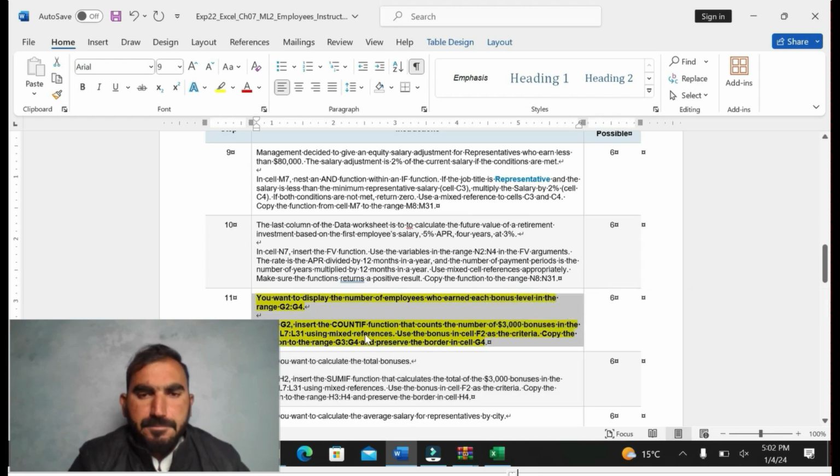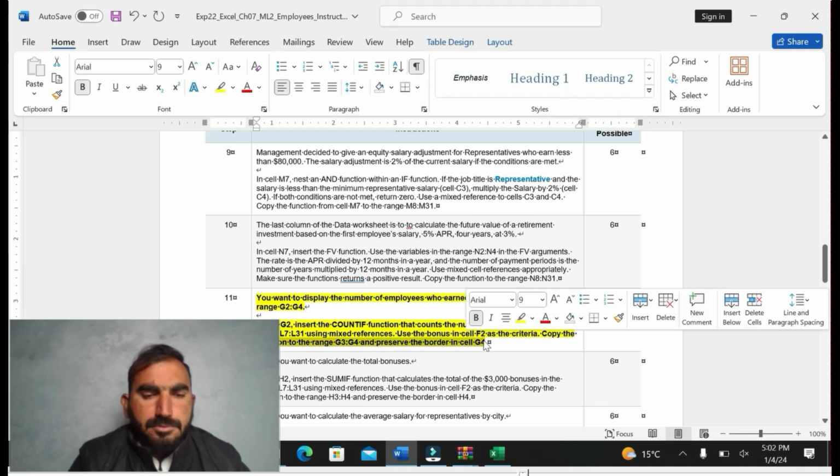I am going to insert the COUNTIF function to count the number of 3000 bonuses in G3 and G4 and preserve the border in cell G4. I am going to complete step number 11.